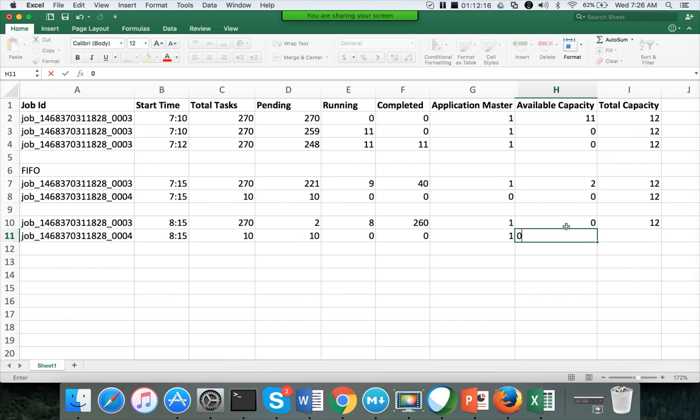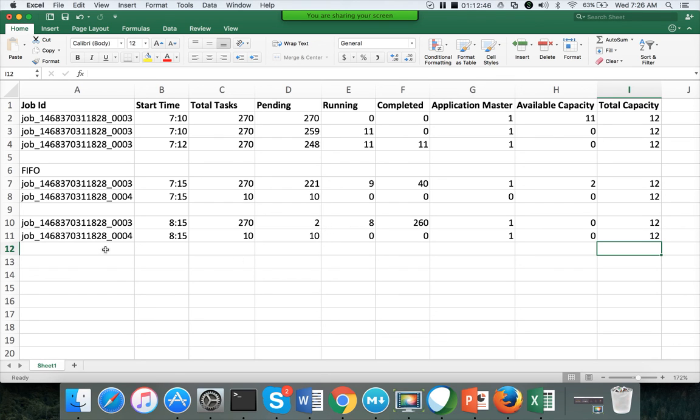So now you have 8 running from here, 2 are waiting, 2 tasks can be created for this job, because still there are 2 pending, and 1 is running for the application master, and total capacity is 12. So immediately this will be turned into running, because there is still 2 capacity to convert this pending to running. So it will take up the resources and it will be completed.